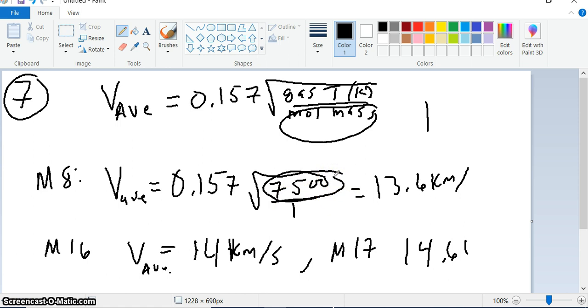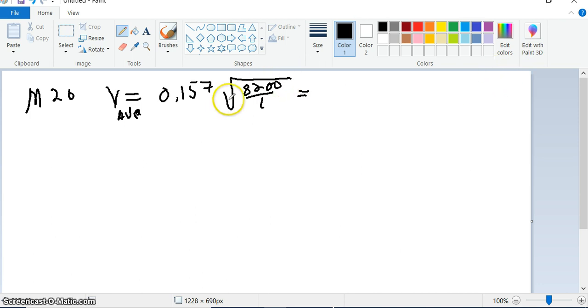And then for M17 it was 8,700. And the next one, the last one, M20, which has a temperature of 8,200 Kelvin, you just